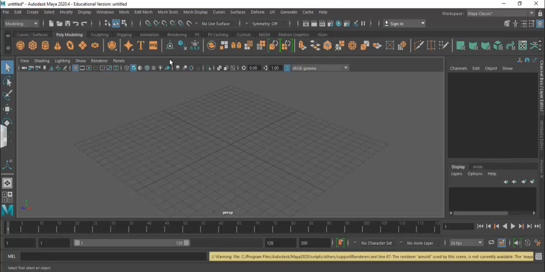Today we're going to create a reading table with books and a chair. This is part one. You will only be creating the reading table. Let's start by creating a cube,